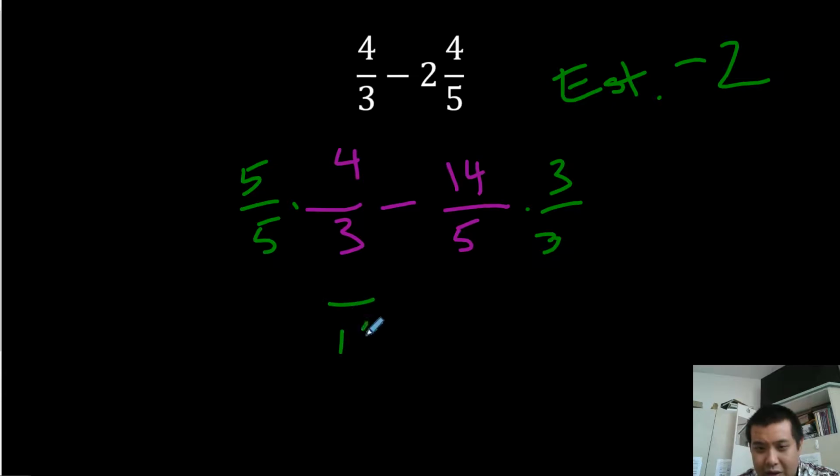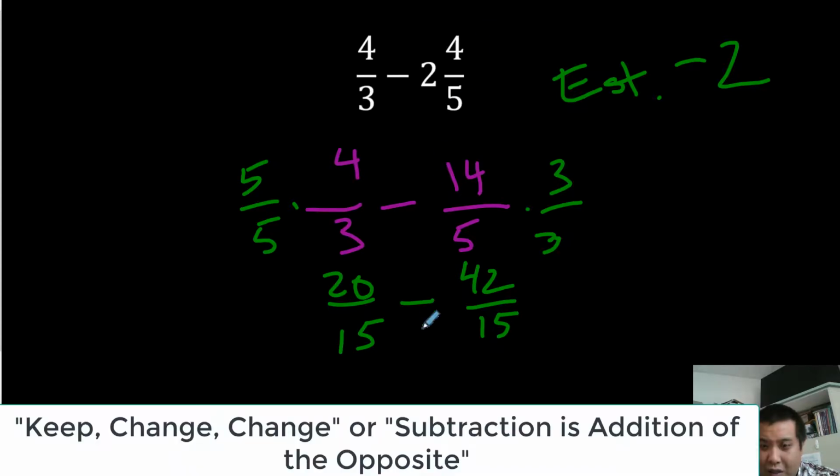So we got 15 and 20 minus 14 times 3 is 42 over 15. Subtraction is addition of the opposite. So I'll change this to addition and make this a negative. 20 plus negative 42 gets us negative because the absolute value of negative 42 is greater than the absolute value of 20. So it's negative 22 over